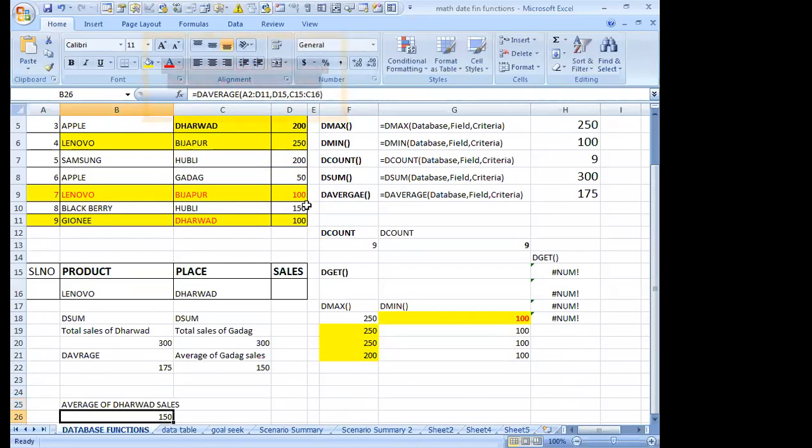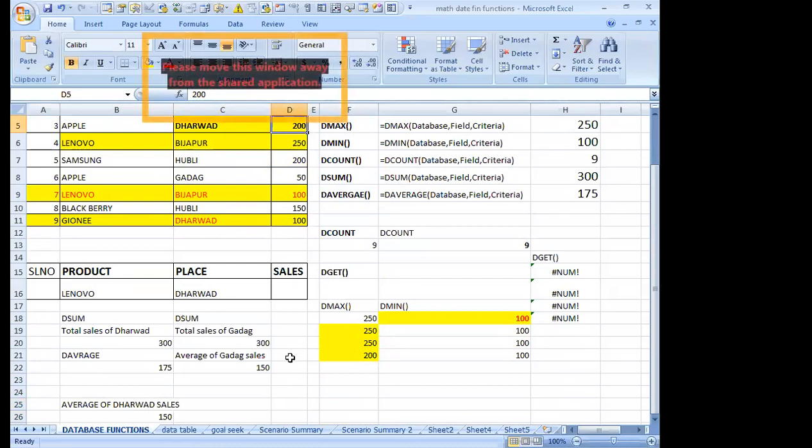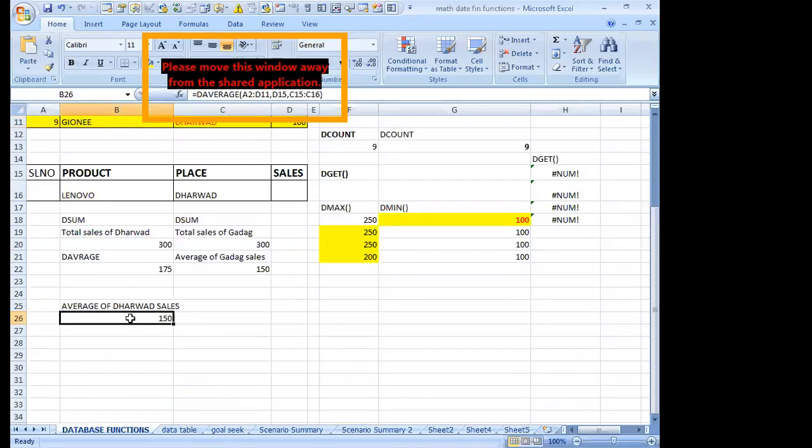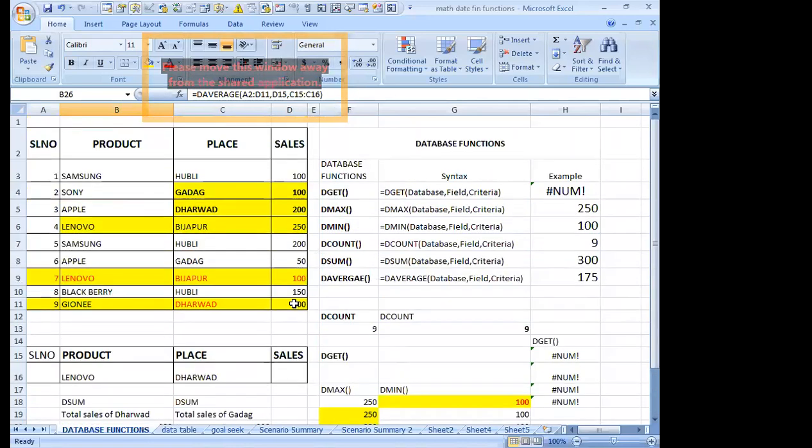Here it is 200 and one more 300 is there. So 300 by 2, only for the 2 places, for the 2 products. For Dharwad, Apple is there and for Dharwad, Journey. Only for those 2 products the sales is 300. So it is displayed as the average here. So this is about the database functions.